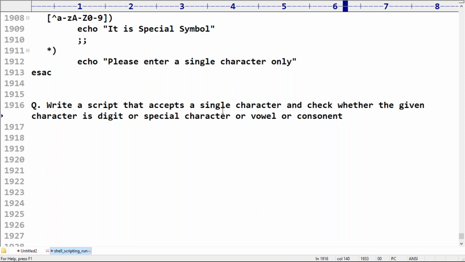Vowel or consonant, so it must be an alphabet symbol. If it is an alphabet symbol, you have to check whether it is a vowel or consonant.